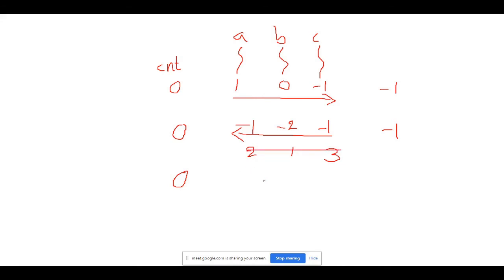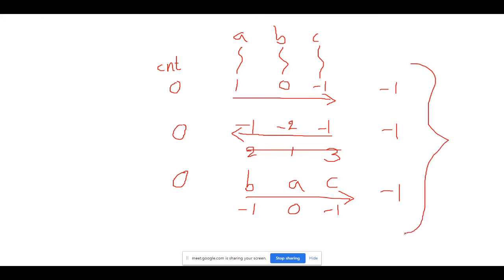Now assume B executes first, then A and then C. I can write it here: B followed by A and then C. In this way, B will increment that. Increment or decrement? Decrement. So it is -1. A will increment, so it becomes 0, and C will decrement, so it is -1. Final value -1, which means no matter in which order you execute the threads, the final value is -1.